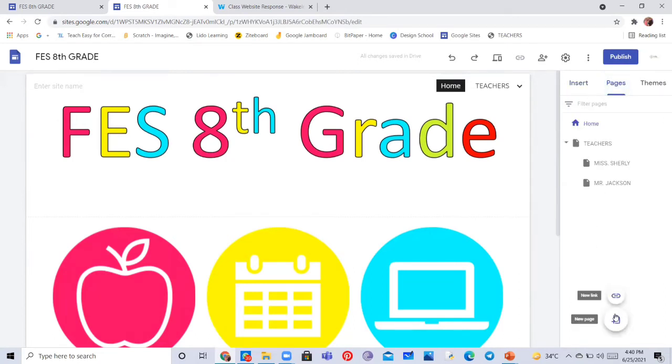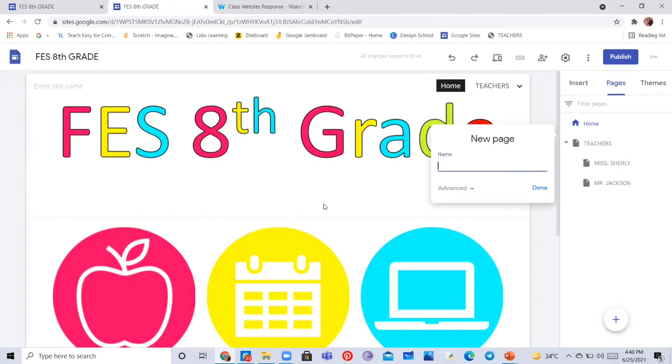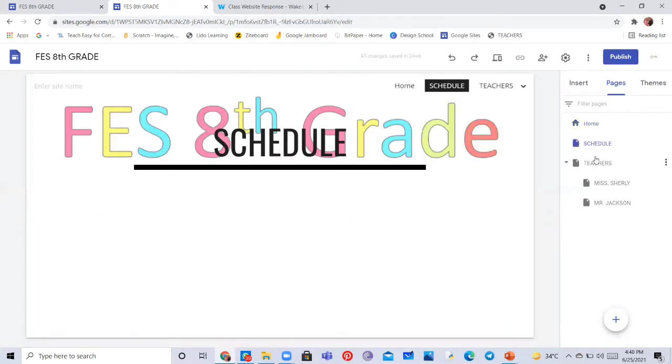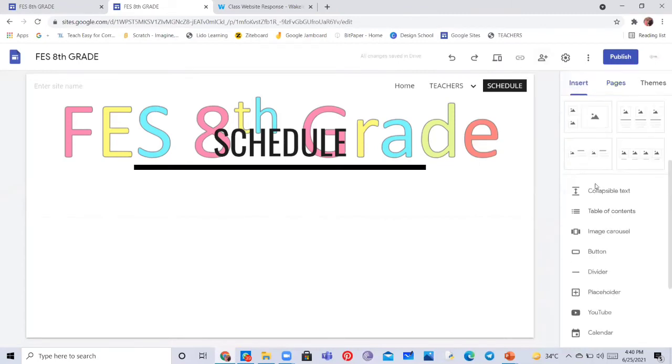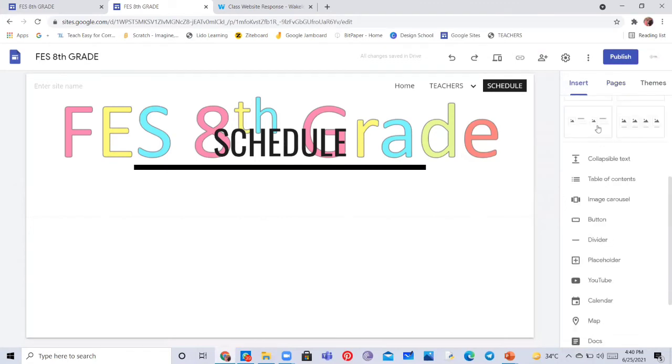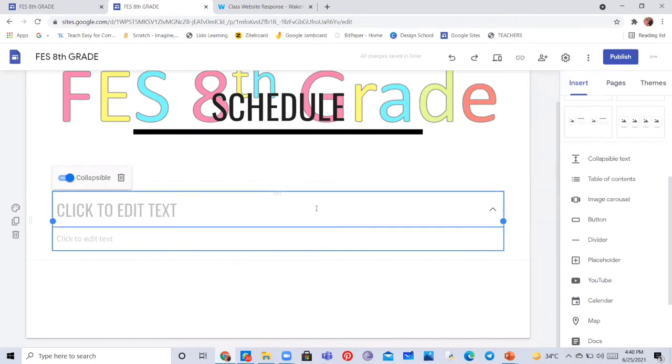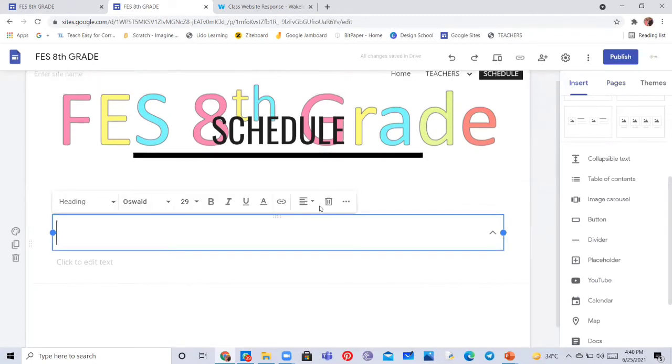So then we are going to create one more new page that will be the schedule page. For the schedule page, I'm going to share another layout with everyone. So you can even move it after teachers if you like. Then you can go to insert, and here in the bottom after the layouts option, you will get this collapsible text. In the collapsible text, we'll be having a header, and if we click on the drop down, we'll